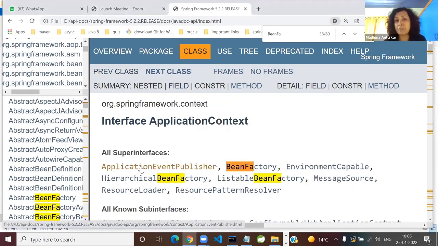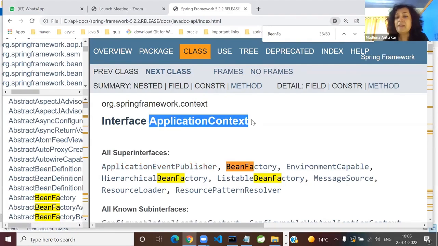For all practical purposes, today we are going to use this interface. Does it remind you of ServletContext? ServletContext was an interface which represented the entire web application, your interface with your web container. Likewise, ApplicationContext is the interface to represent your Spring container.